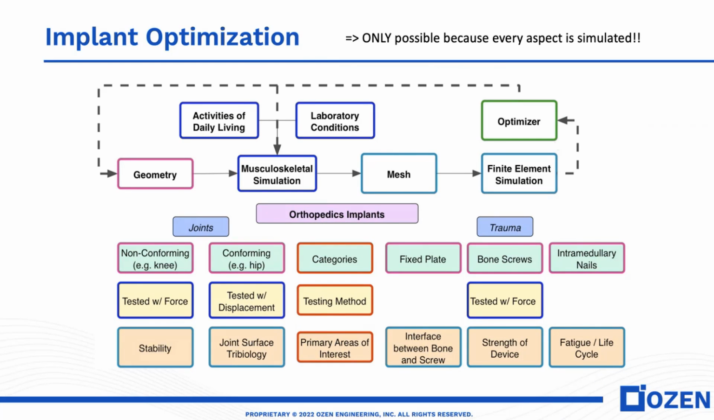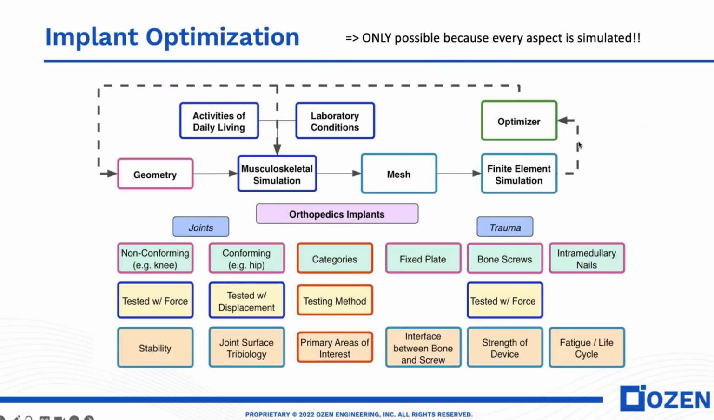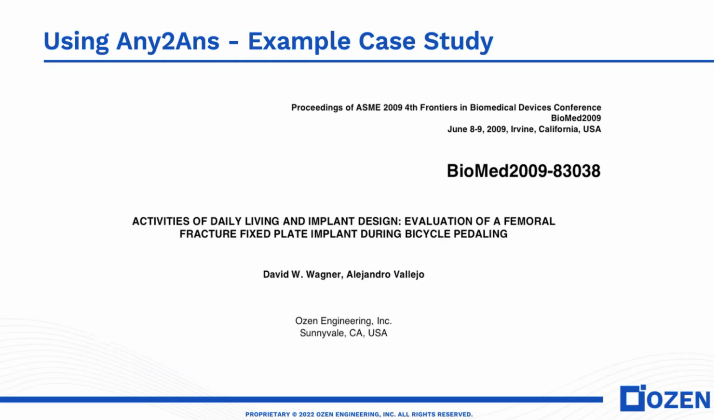And on top of all this, we can actually optimize. In the previous slide, we started out with a design, right? We can optimize that design by putting the whole procedure through the optimizer. And we can do not only single objective optimization, but also multi-objective optimization. So we did that in one case, and a couple of our engineers presented a paper at the ASME Biomed conference,